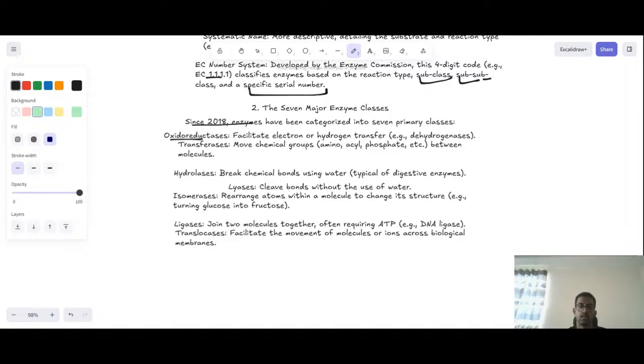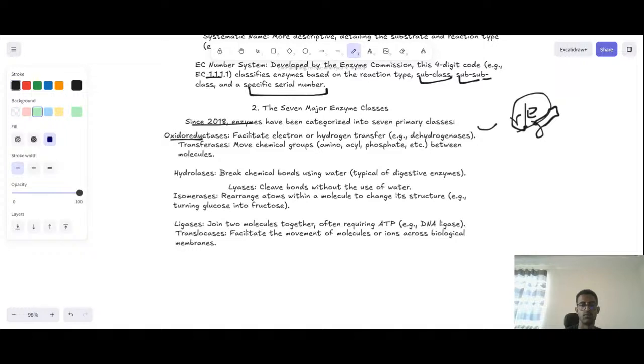Example: dehydrogenase enzyme. Today I will watch the video on reduction and oxidation reactions properly because I forgot this, since I was in high school in 2013. I finished in 2014, I'm a 2013 batch. Anyways.